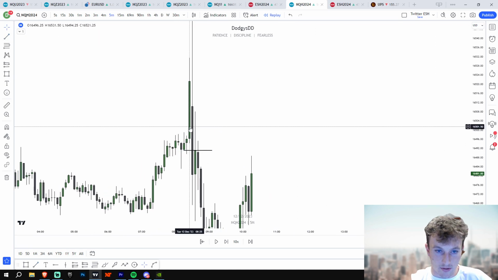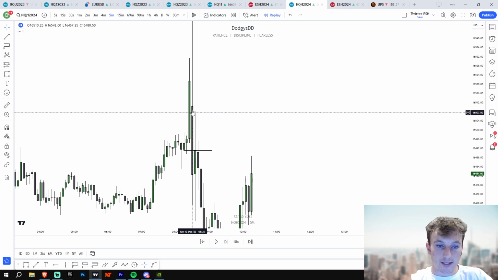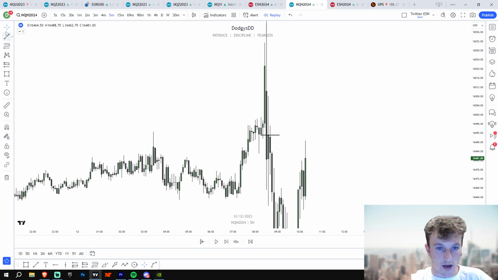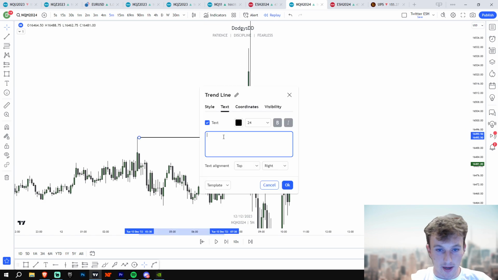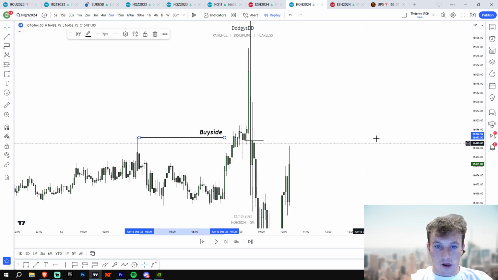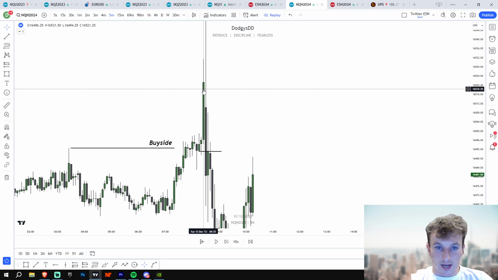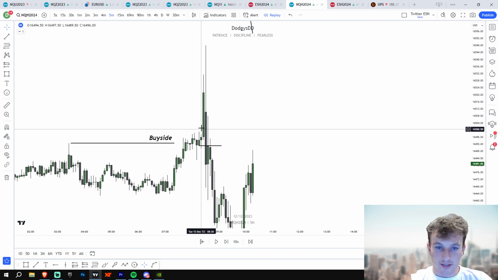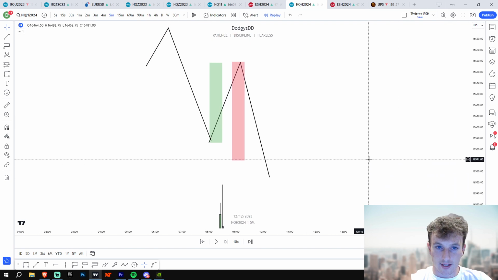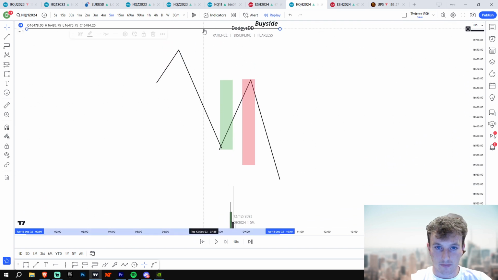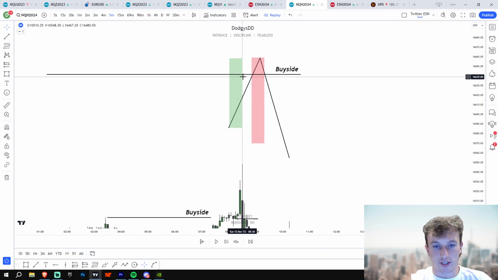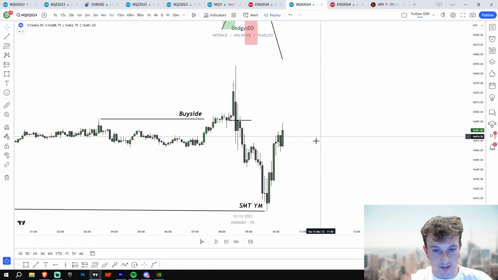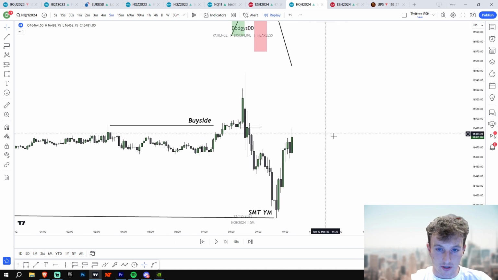Okay, so we get a green candle, green candle, green candle, sandwiched between this red candle and this red candle. And this right here took out, I mean, we were already above the highs at that point, so I would count this. We were at buy side. We get 3 up close candles, and this method is exactly like if we were to do this right here. Same picture, except this change in state delivery is actually on the liquidity we swept versus this one was not. So this is valid too.